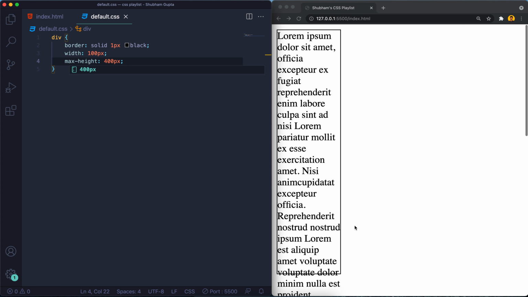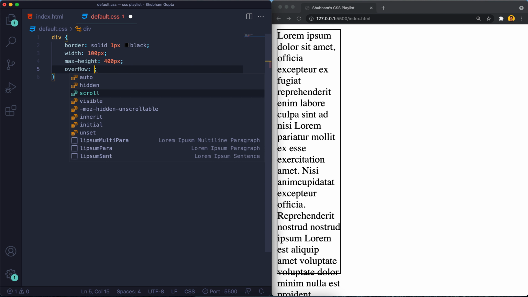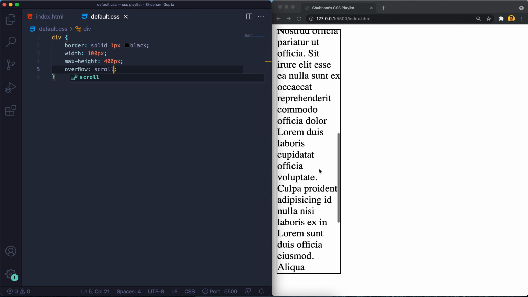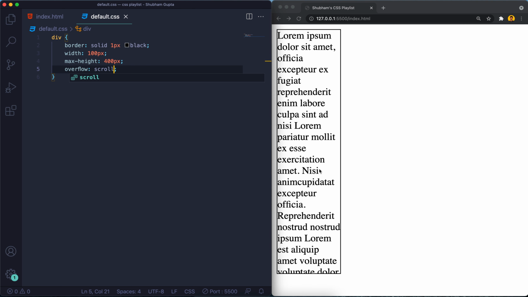And what we can do for this overflow is a simple property we call overflow, and we can give the value hidden. So the overflow content will get hidden, but this is not the perfect response we want. We can use overflow scroll. This will give scrolling, but it will allow both X scrolling and Y scrolling.